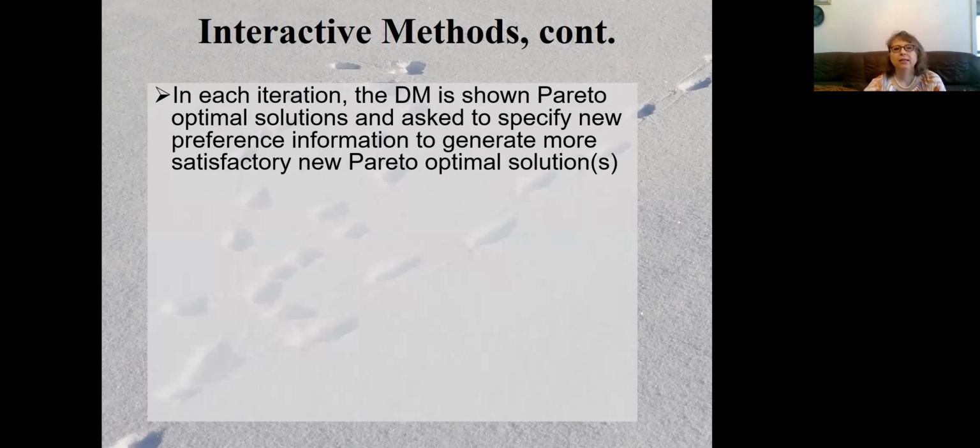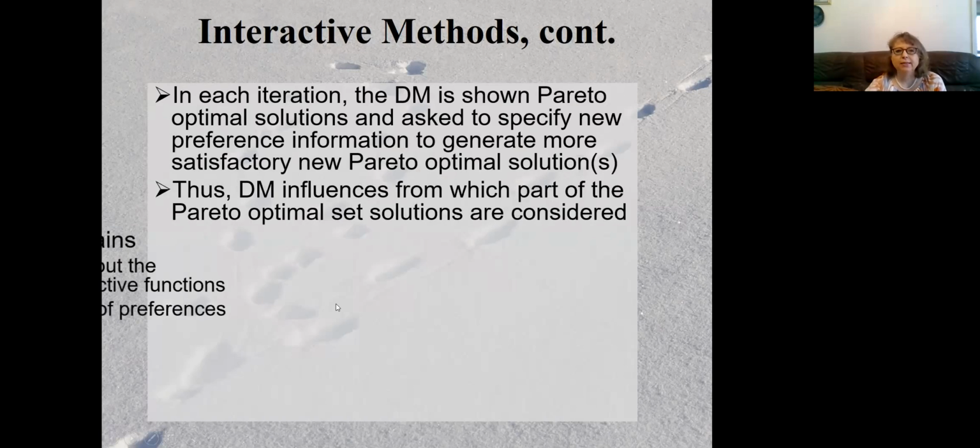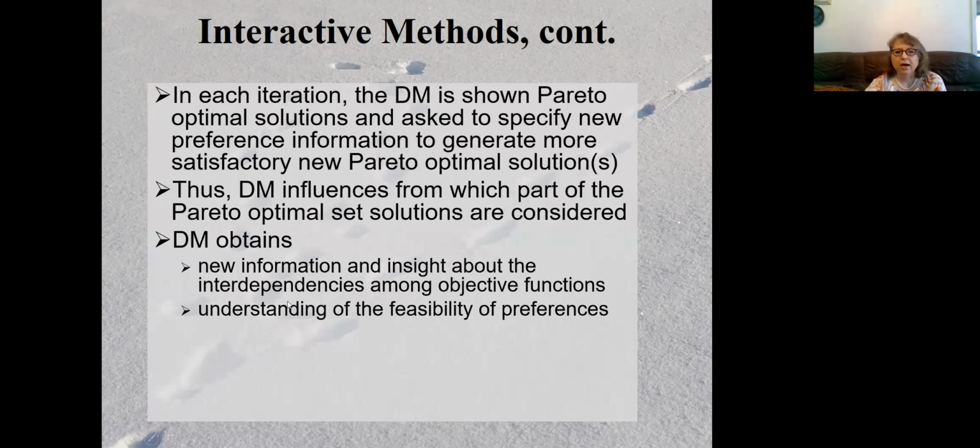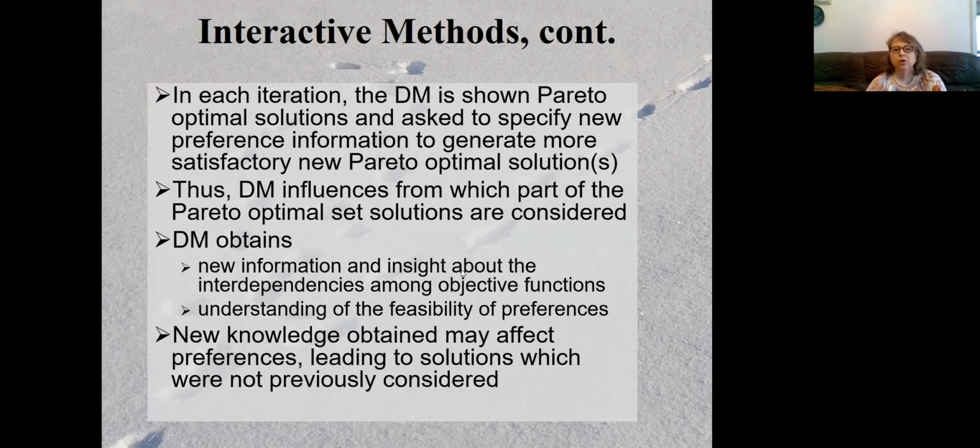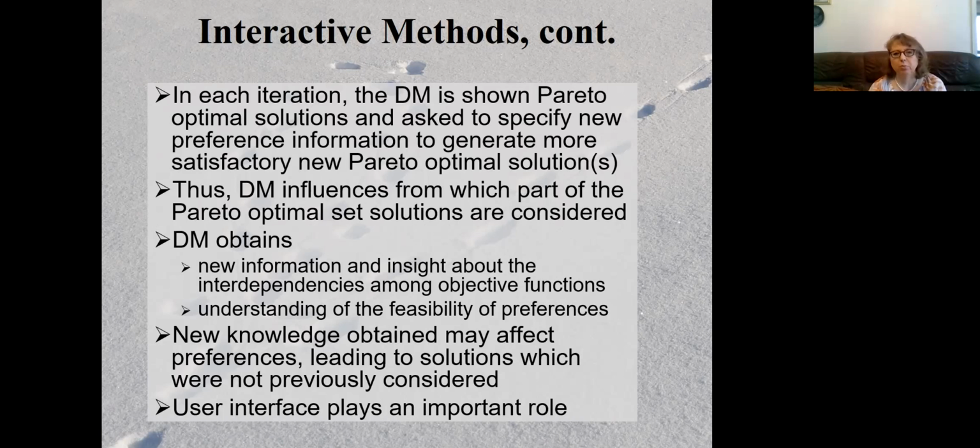So at each iteration, the decision maker sees some information and provides preferences. And the understanding of the feasibility of the preferences grows together with the understanding of the problem, the limitations and possibilities of the problem. And this can lead to new knowledge, understanding about the behavior of the problem and phenomena better, and finding, hopefully, solutions that could not even be considered before. And of course, because of the active involvement of the decision maker, the user interface plays an important role in